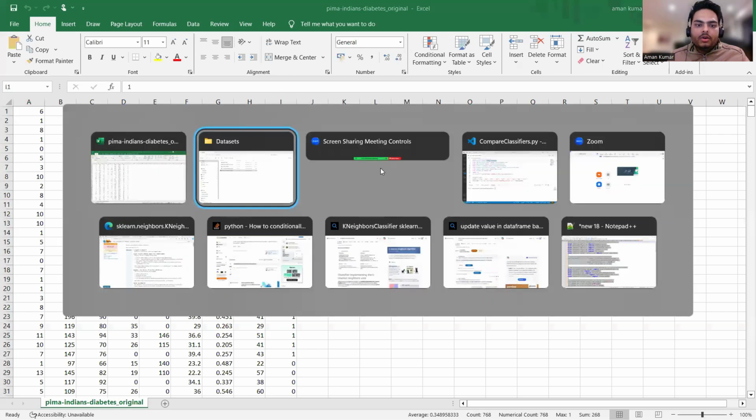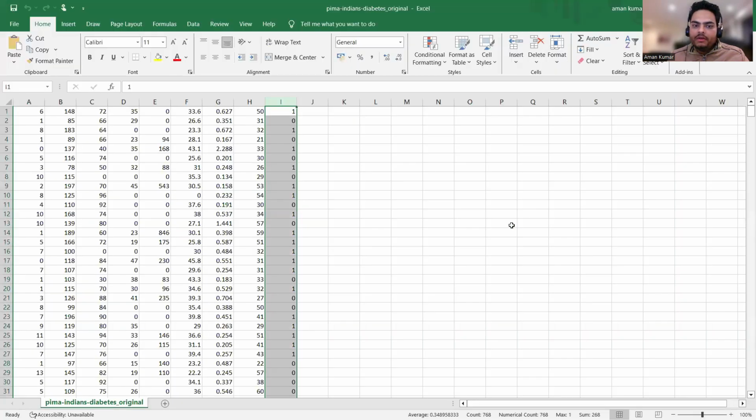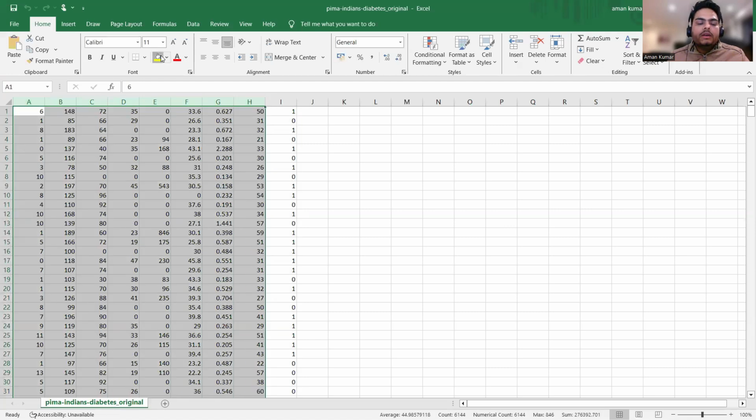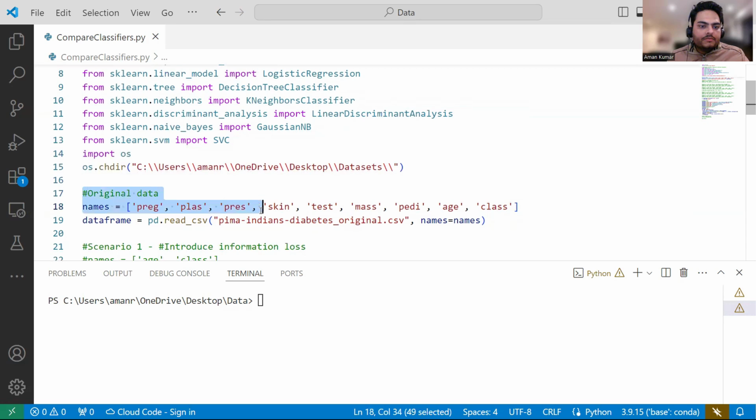All the columns that you see in front of this, the beginning columns, are basically characteristics of a person, for example pregnancy and some other health indicators. But the last column is class. Class means whether somebody has diabetes or does not have diabetes. All these columns that I'm highlighting from here to here are features, independent columns. With that in mind, let's see how this particular data is being treated by different ML algorithms. First of all, I'm importing the data here.